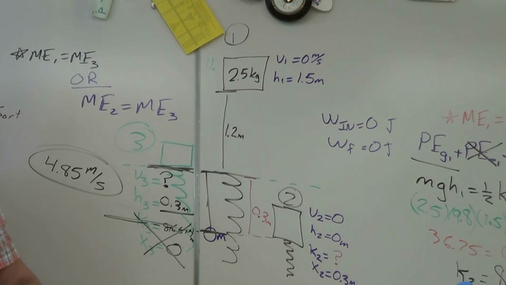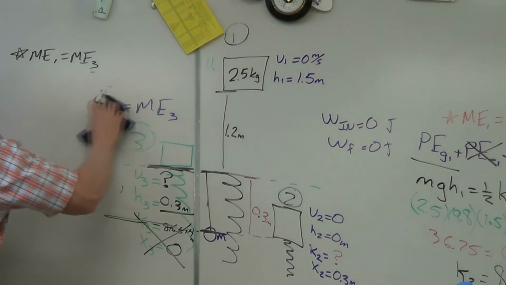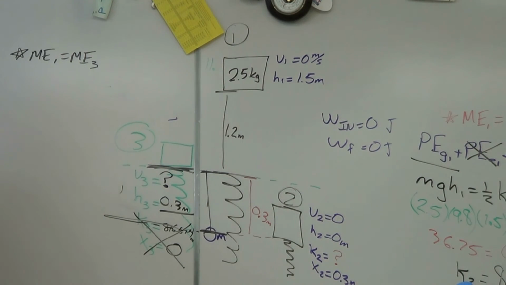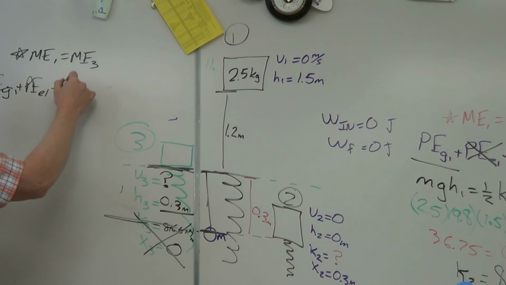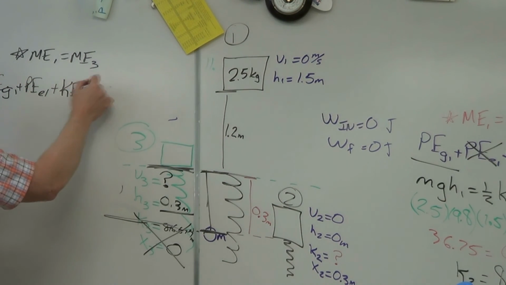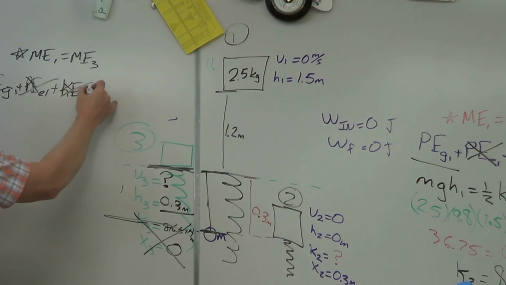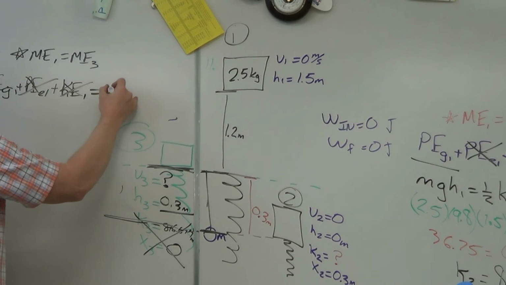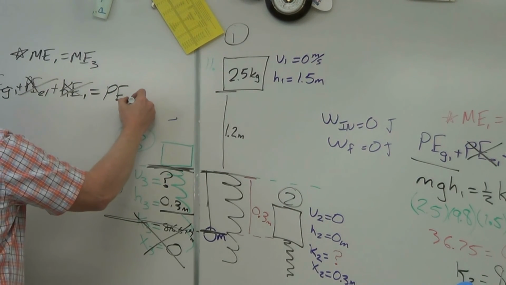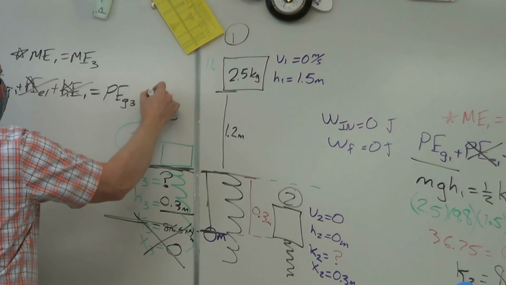So if we were to look at location 1 versus location 3, those things still cancel out at location 1. Nothing's changed there. So it'd be PEG1,